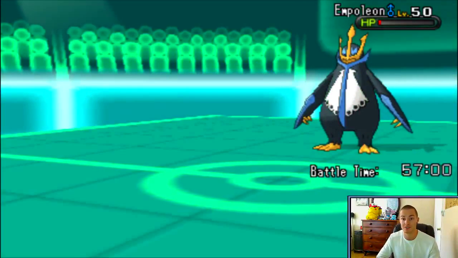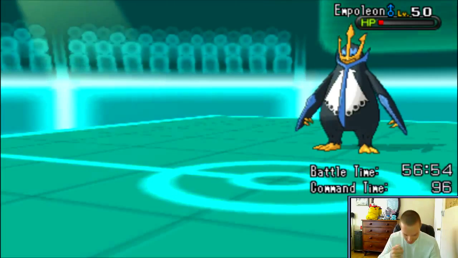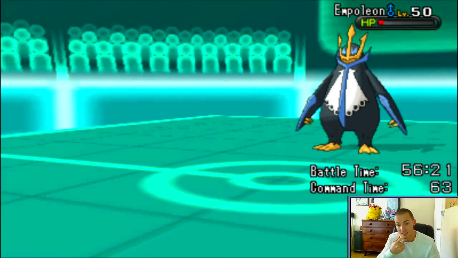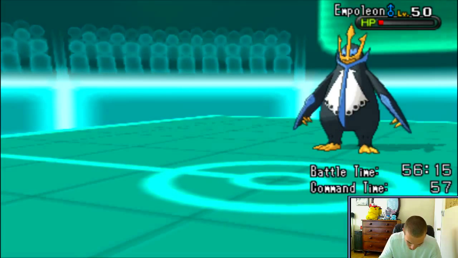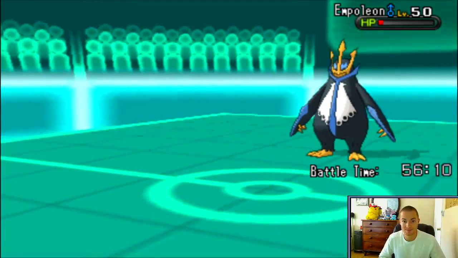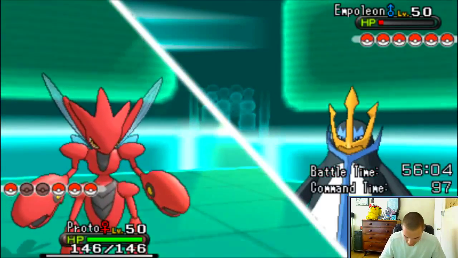He's not going to be able to get the Defog off. He's probably going to have to switch. Wow, that was so close. That was so close to killing him. My best bet is to eventually get Crustle in here. I'm going to go out into Protect, and I'm going to go for the Pursuit, because I will outspeed, and if he opts to leave, I'll kill him